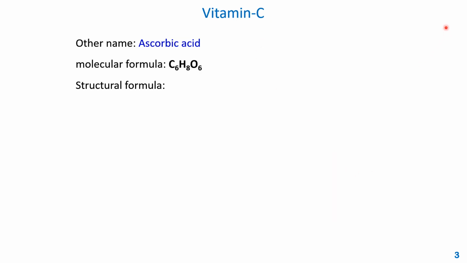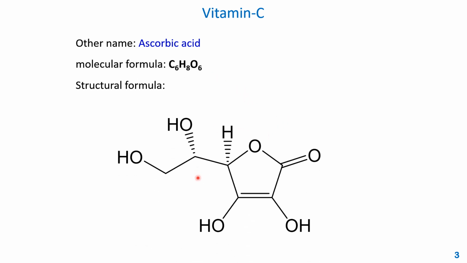Vitamin C. Vitamin C, the other name is called ascorbic acid. So this also implies that this is acidic. The formula includes 6 carbons, 8 hydrogens, and 6 oxygens in 1 molecule of this vitamin C. And the structure shown here, you can see it actually has a cyclic structure as a core, and this part